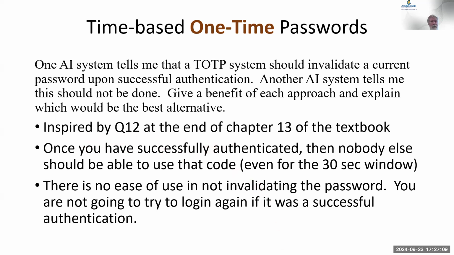Once you've successfully authenticated, it says successfully authenticated there, then you're not going to use that password again because you've already authenticated. You're already signed in, so you probably don't want to use that again. If you disable it, then nobody else can sign in. Not invalidating it, ChatGPT and some other AI systems said, well, it makes it so much easier to try again. Well, you won't try again because you were successful the first time. So, yes, I like this question, of course, because ChatGPT didn't like it, didn't give a good answer.